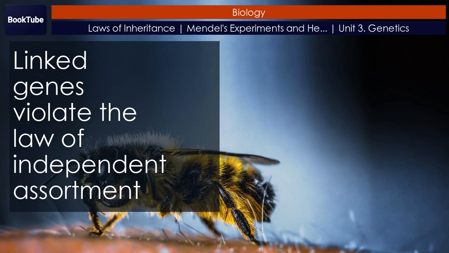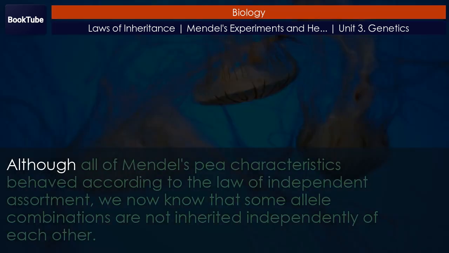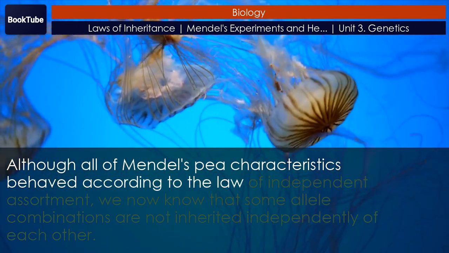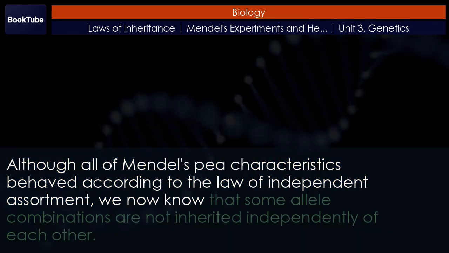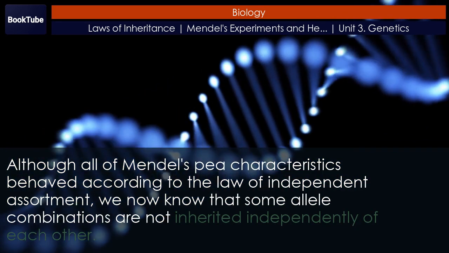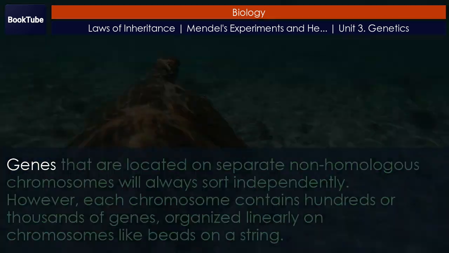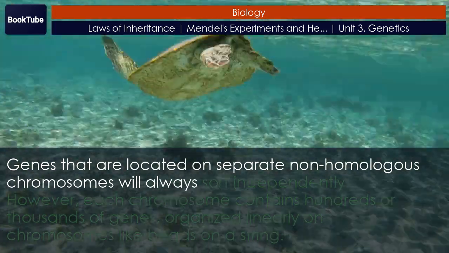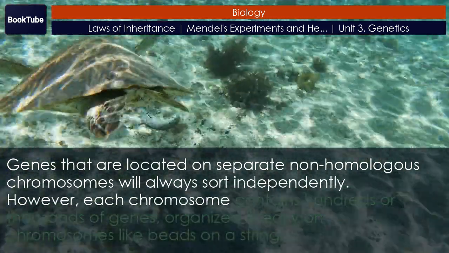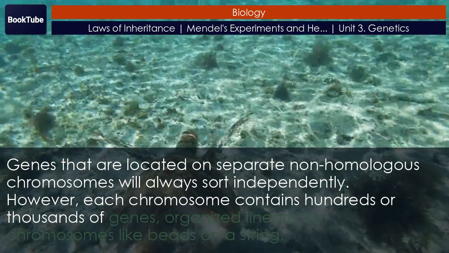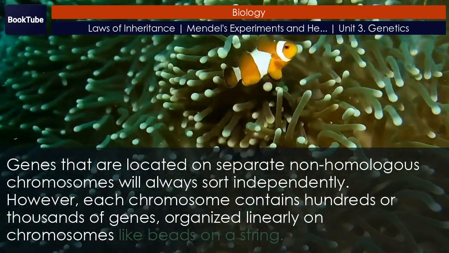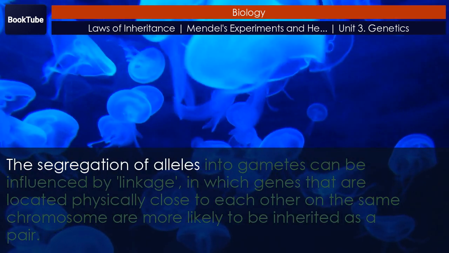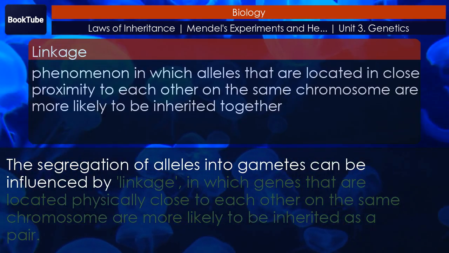Linked genes violate the law of independent assortment. Although all of Mendel's characteristics behaved according to the law of independent assortment, we now know that some allele combinations are not inherited independently of each other. Genes that are located on separate non-homologous chromosomes will always sort independently. However, each chromosome contains hundreds or thousands of genes, organized linearly on chromosomes like beads on a string. The segregation of alleles into gametes can be influenced by linkage,